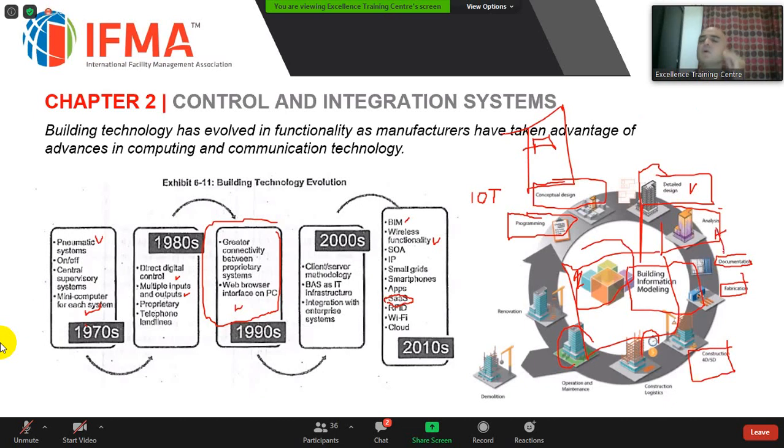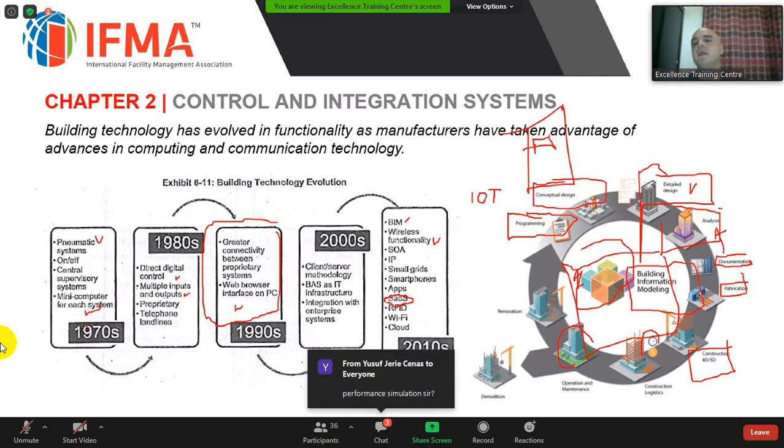You can do even virtualization of a plant. Like in the oil and gas and heavy industrial sector, we have 3D drawings of buildings already built. 3D means not only the building itself, but even the utilities: the HVAC system, the piping, everything is done there. This is very beneficial when you want to replace a part. Even 10, 15 years ago, we used it in oil and gas. Let's say they wanted to replace a vibrational screen. Before they do that, they can do all the planning virtually on the software,